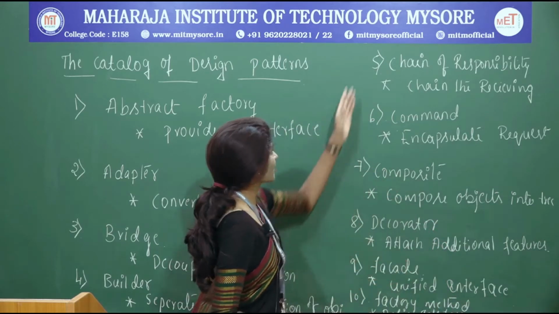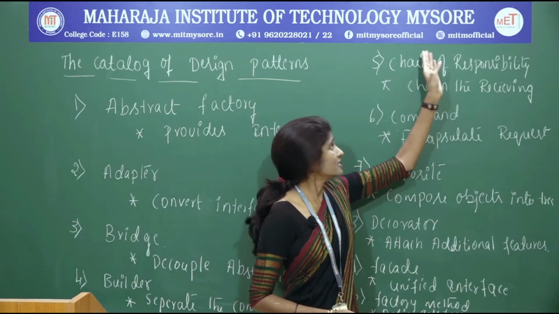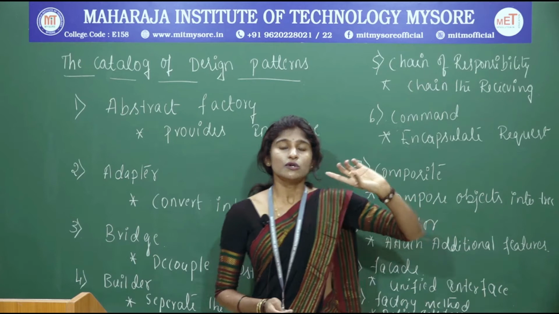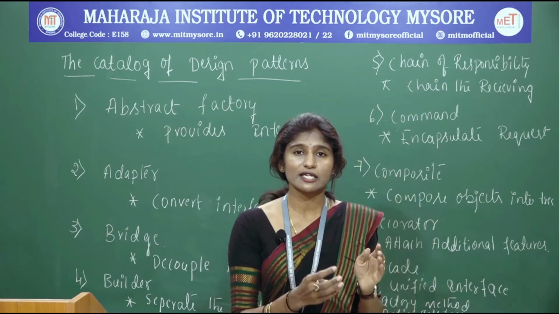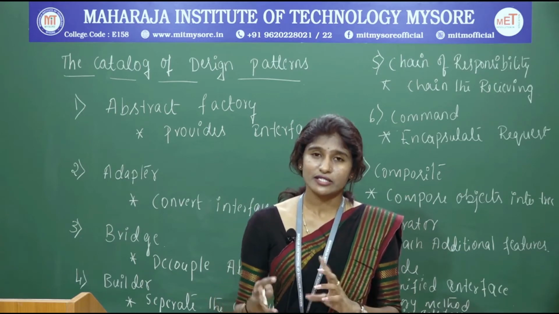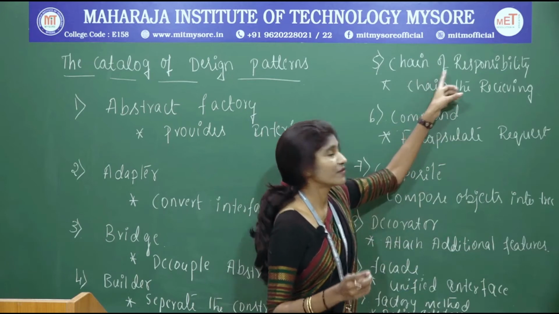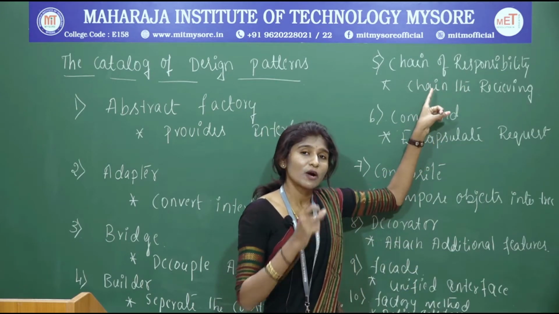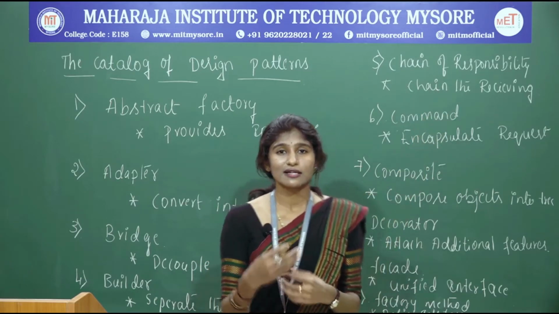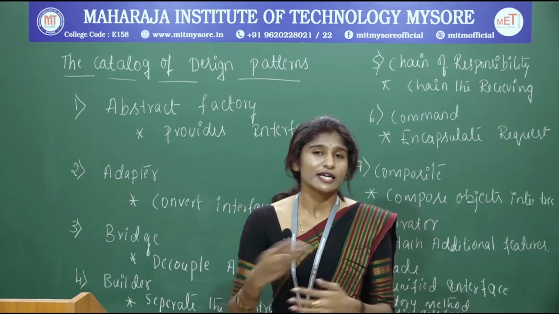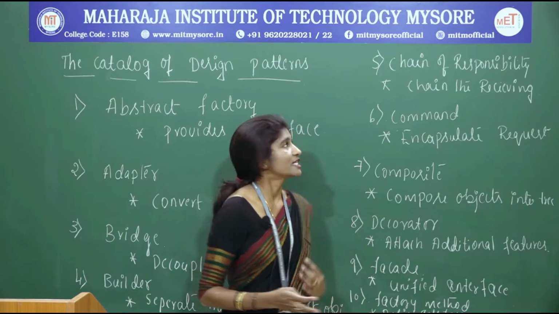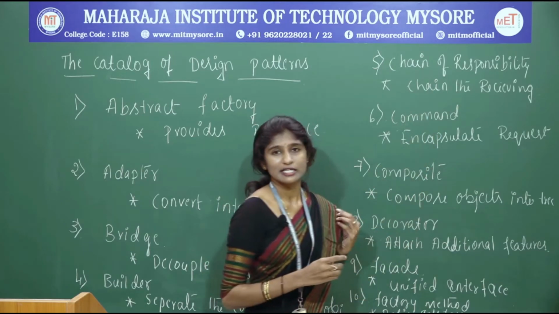Next we will see the fifth one, chain of responsibility. These are all the names of the design patterns. Here, instead of assigning tasks to each and every object, the receiving and sending kinds of interfacing can be achieved using the chain of responsibility design pattern, where it provides a continuous chain from one class to another class. The receiver class and the sending classes are all connected in a chain format, and that chain format is achieved using the chain of responsibility design pattern.